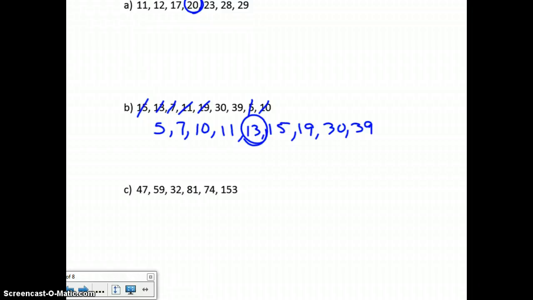Again, you'll have to list them in order from smallest to largest. In this case, we have 32, 47,